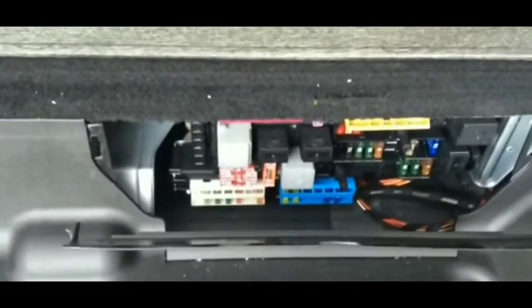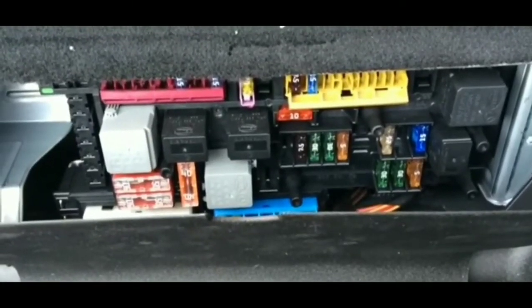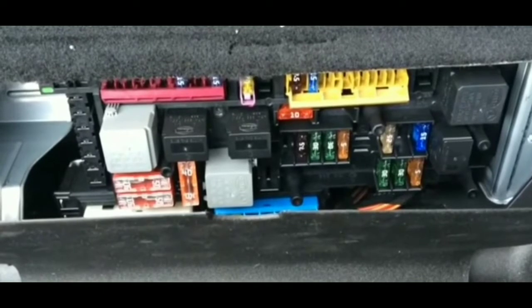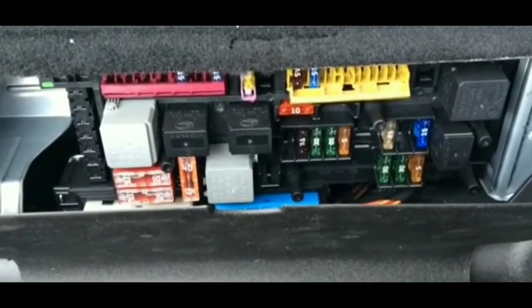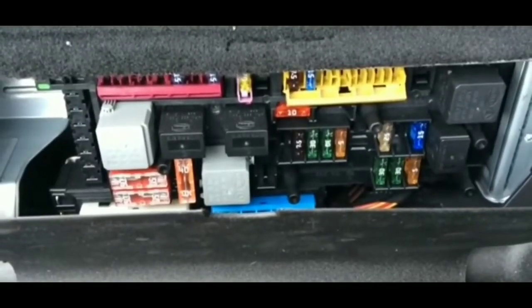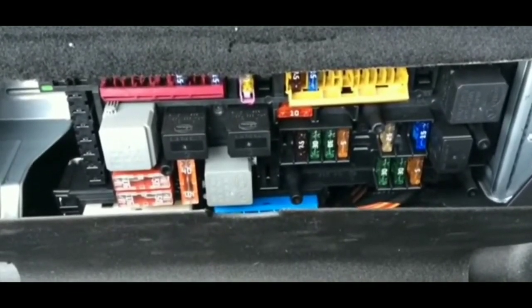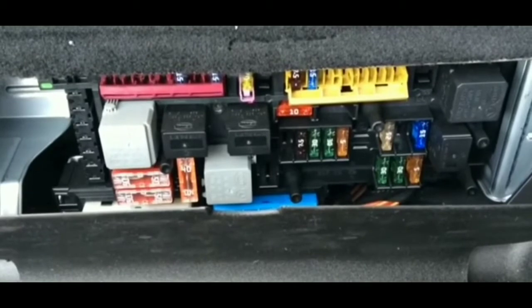So obviously, in this situation, it's a battery issue. It means that your battery is either not charging correctly, or there is something pulling so much charge from the battery that it's not able to charge fully. It could be various things, where, to sum it all up, if you're driving the car